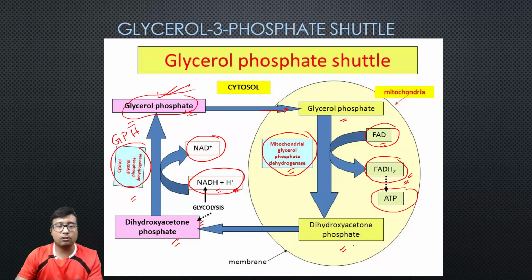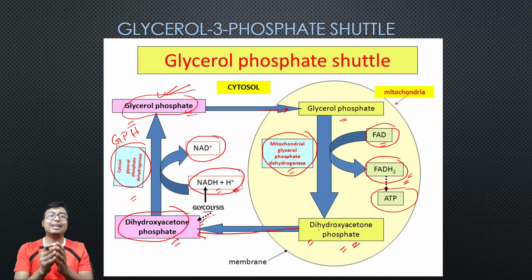Now this dihydroxyacetone phosphate is freely permeable and it will again go back to the cytosol where this cycle is completed. Okay, remember the recycled dihydroxyacetone phosphate is the main source of DHAP and glycolysis is the minor source. So see, glycolysis is given in a dotted line just to make you understand the source. I mentioned glycolysis, but this is actually the recycled dihydroxyacetone phosphate which has just come out of the mitochondria.